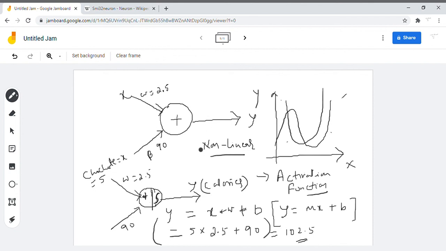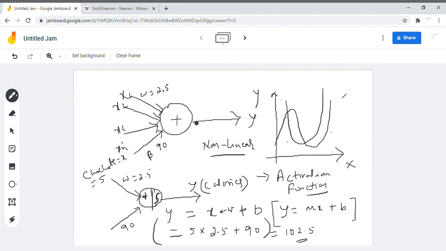Alright, so this is typically called the perceptron model. A single neuron is taken as the perceptron model. The perceptron model will have the inputs, which is basically x in this case, and then the weight for this particular edge, which will give us the strength of this edge, right? And then there is always a constant, which is basically the bias, and then the output, which is y in this case. You can certainly include as many inputs as you want here. In this example, I've taken only one input. You can simply say x1, x2, x3 dot dot dot xn. That is basically the inputs of your neurons in this case.